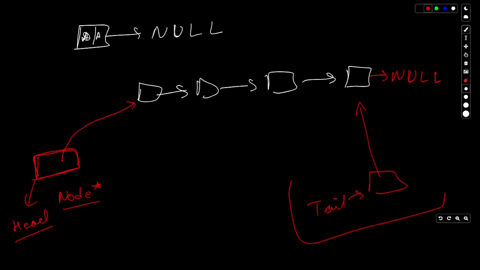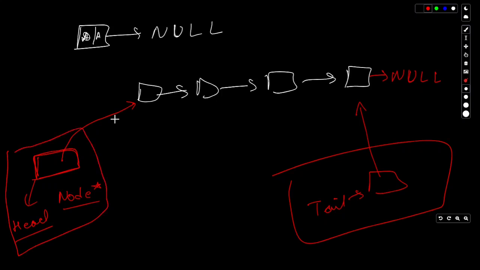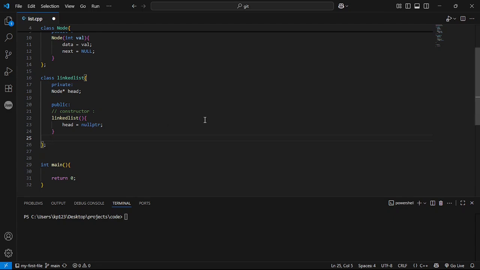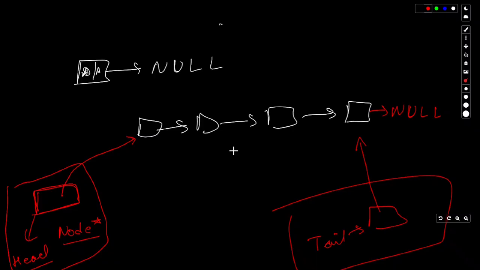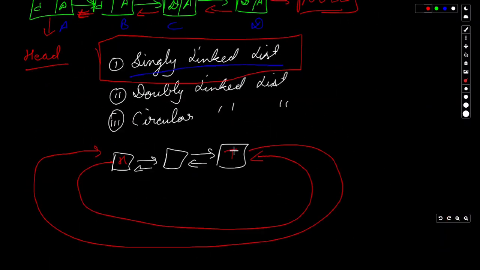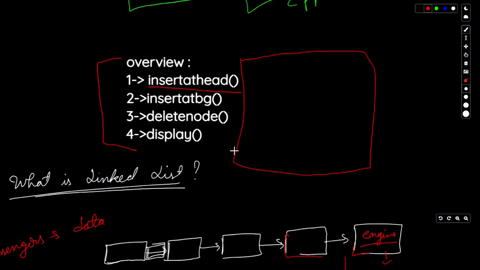But it is not necessary to make a tail of a linked list, but it is very necessary to make a head of the linked list. Like we will need to have a particular point from where we are starting, right? And now I guess it's time to make these particular functions that I've already mentioned.